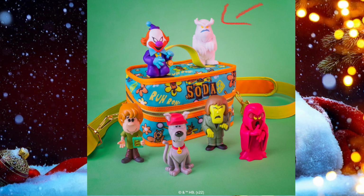So if you do know someone that collects those and they don't have the Snow Ghost Chase, Christmas is the best time to try and hunt that down. I can't find any personally in the UK, but as a lot of our audience is around America, a lot of the ones that I'm finding are in America, so...